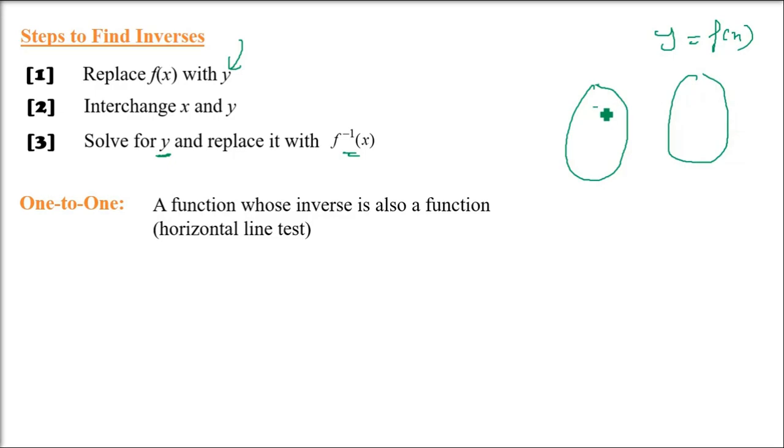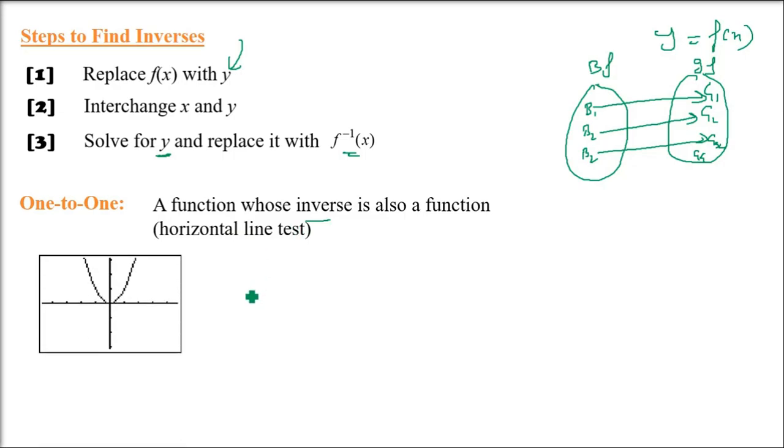But one-to-one means every value of x, or the set 1 or set X or set A, is mapped to set B with only one matching. That is, if one set is the boyfriend set and the other is the girlfriend set, only one boyfriend will have only one girlfriend, or conversely, one girlfriend will only have one boyfriend. This is 1 to 1. If something is remaining, don't worry. If one girl is remaining on the Y set, it doesn't matter. But it has to have a 1 to 1 mapping from X to Y.